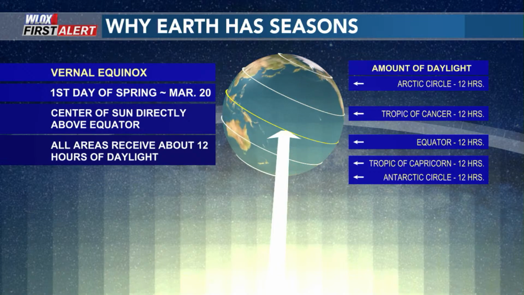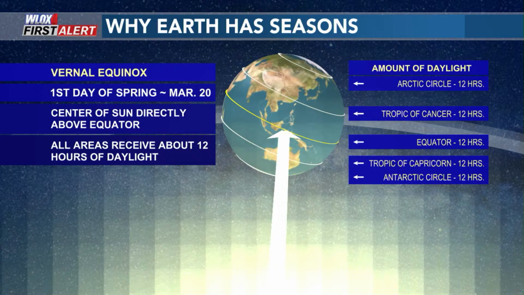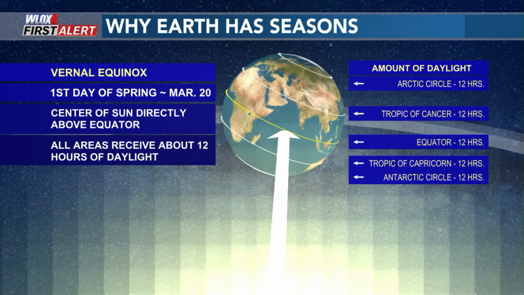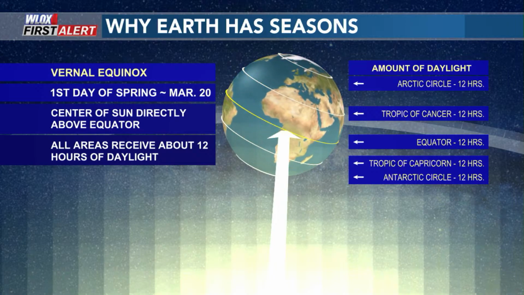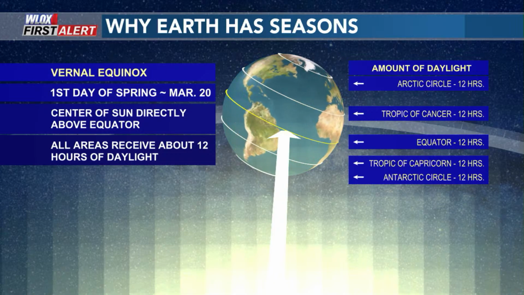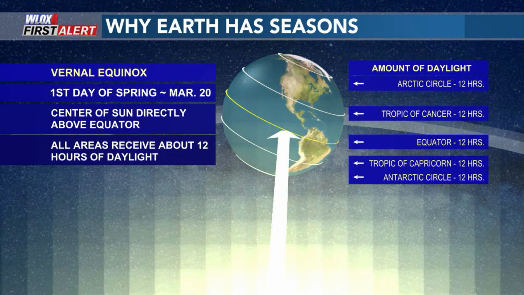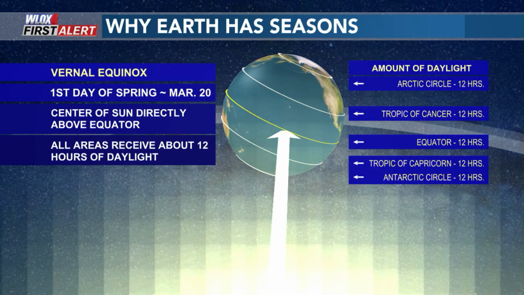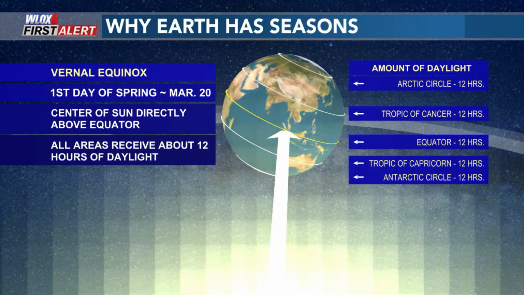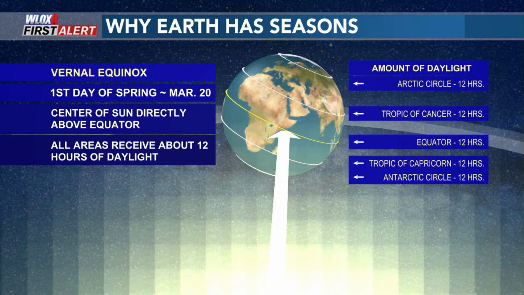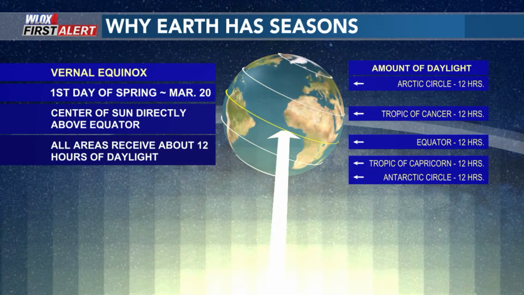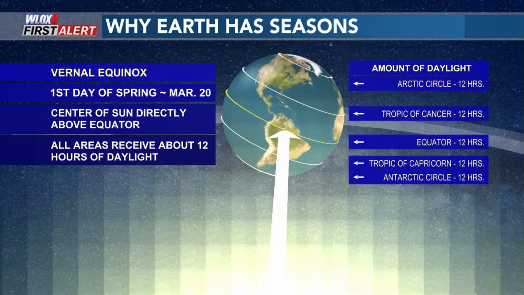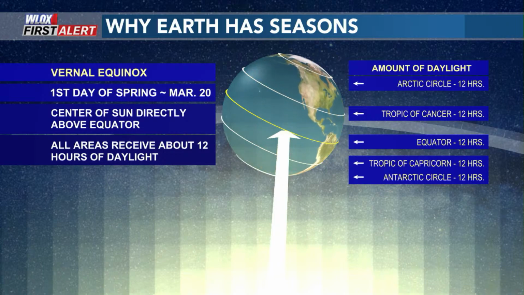And wouldn't you know it, on the spring equinox, all parts of Earth get an equal amount of daylight, about 12 hours. Maybe in a few spots it's a minute earlier, a minute less, whatever, but in general, it's about exactly 12 hours of daylight everywhere on the whole planet. And that's where the equa comes from in the equinox. I guess it's actually Latin for equal nights.